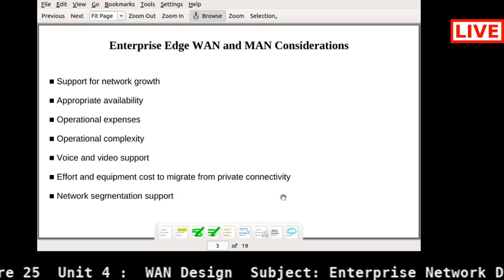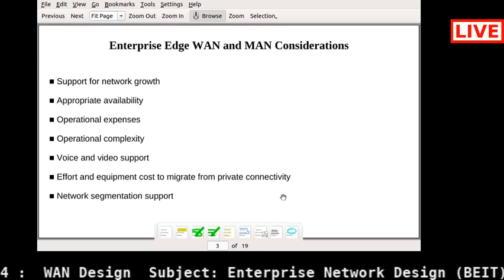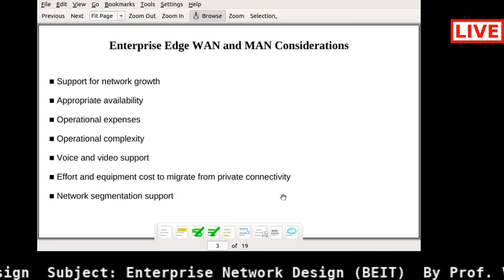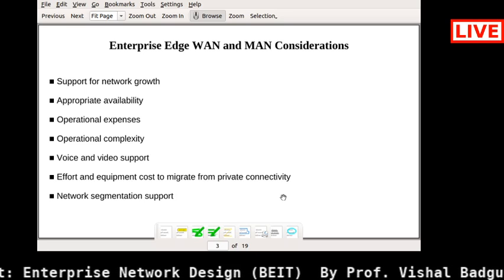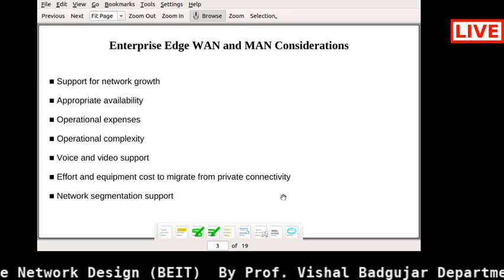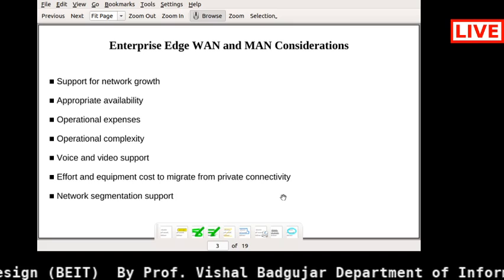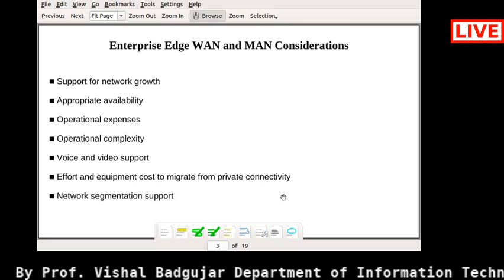If you require troubleshooting, that will also help you. And it reduces the expenditure you spend on equipment and the maintenance part. So it will be easy for